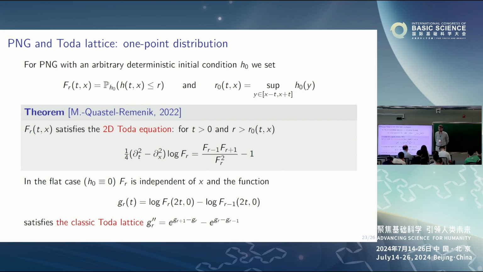Okay, so this is, at least to us, it was quite a mysterious discovery, because it is not clear at all what these different worlds have in common. So we were working with random growing interfaces, and we were obtaining formulas for random growing interfaces. But these Toda equations, they describe models which don't seem to have anything to do with random growing interfaces. But somehow these two worlds of integrable systems are related.